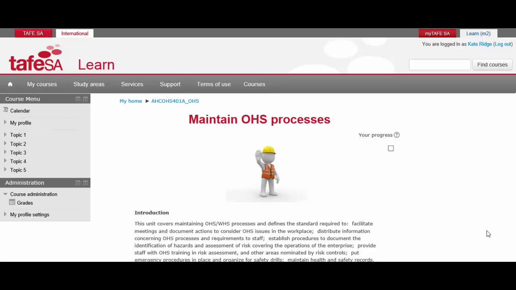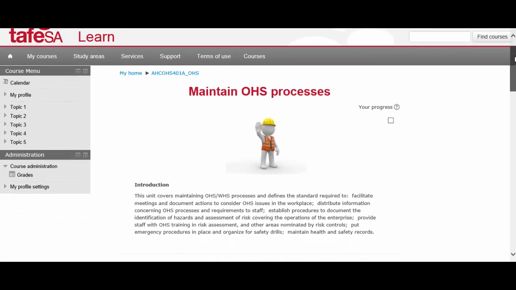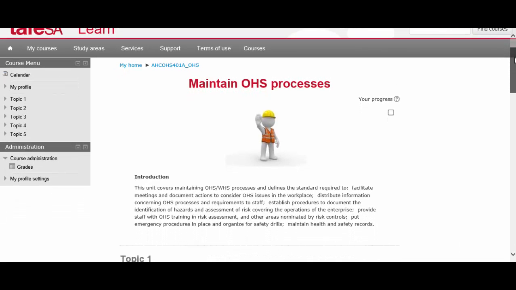This is an overview of a TAFE SA Primary Industries Moodle site presented by Lee Ridge. I've selected this unit, Maintain OH&S Processes, because it's a core unit within agriculture, horticulture and conservation land management at the Certificate 4 level. This is a unit I developed during 2013 and I think was completed at the beginning